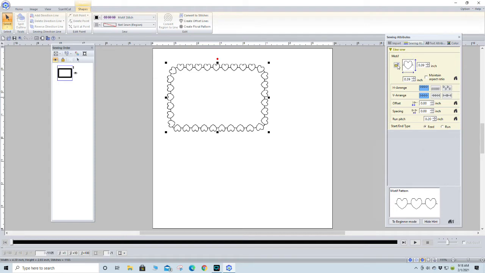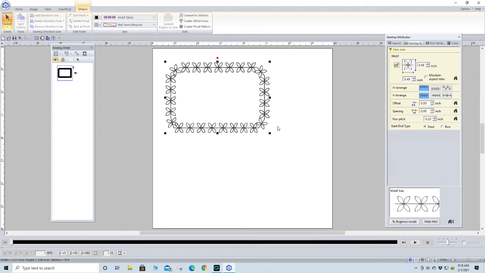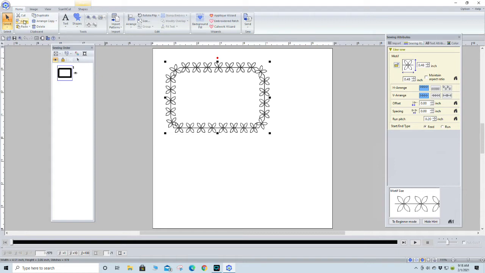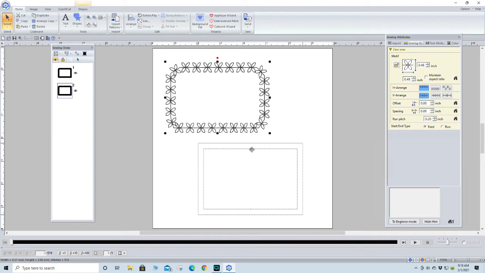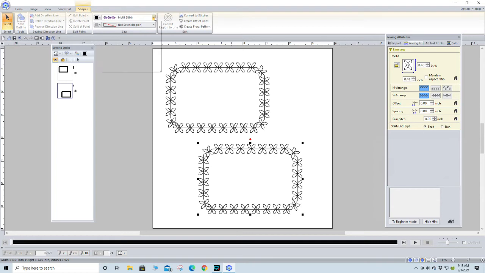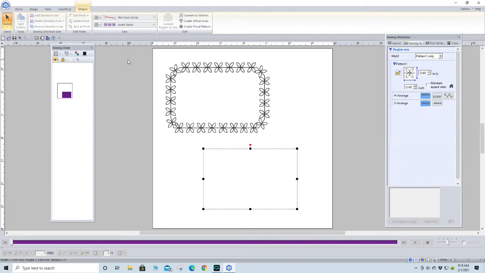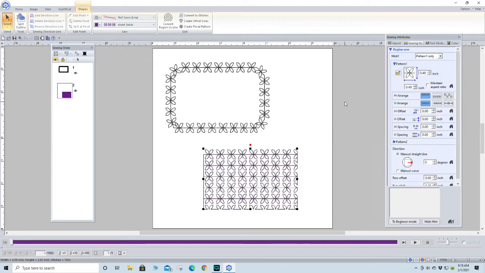Now let's go back to that original one that opens up by default all the time. And let us copy and paste this same design and move it over here, but this time under shapes, let's turn off the outline stitch and turn on motif for the fill stitch. So we've got the same pattern there. In this case, we have partial patterns, which I don't like,